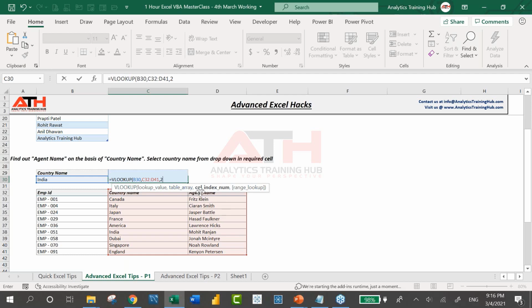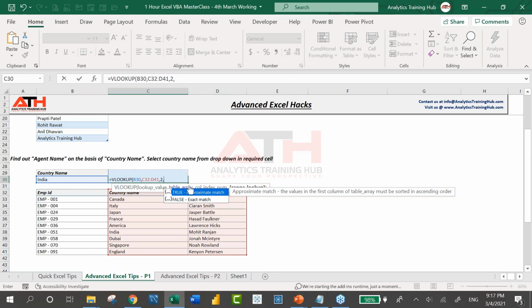So once you're done with this, then the range lookup. Now, most of you guys, you can admit, I'm not going to take anybody's name. How many of you simply write 0 there at last? Do you know what 0 does? Why don't you type 2? Why don't you type 3? Why don't you type 4? Or why don't you type 1? Why 0 only? Have you ever asked yourself why I'm typing 0 there? Why not something else?